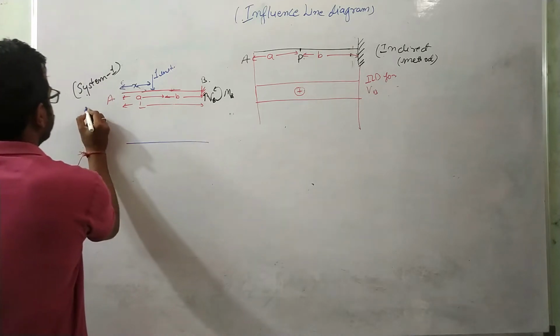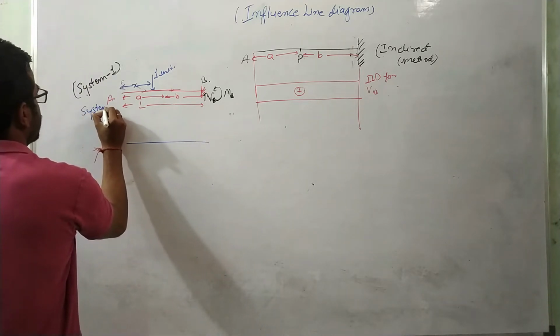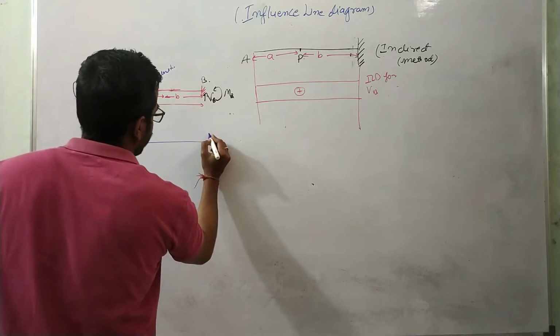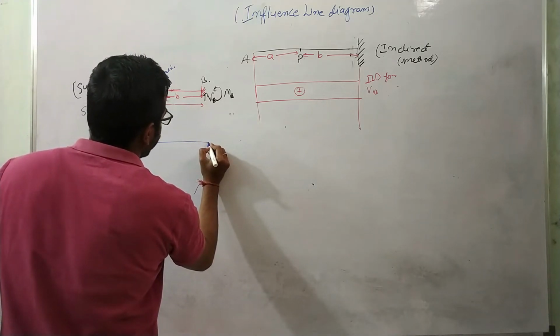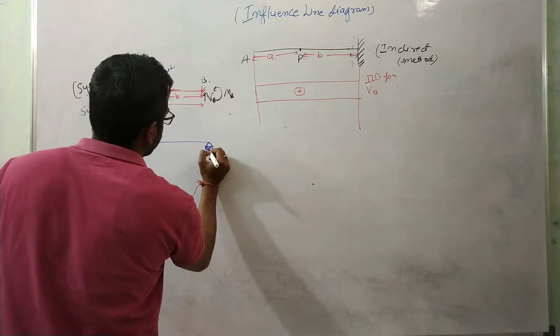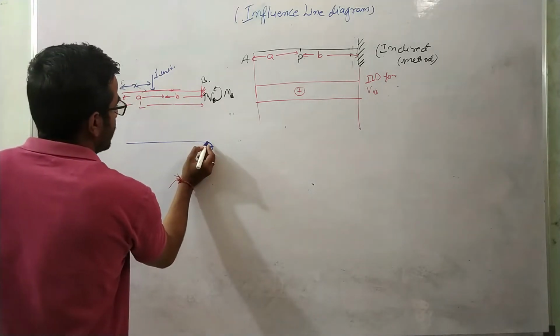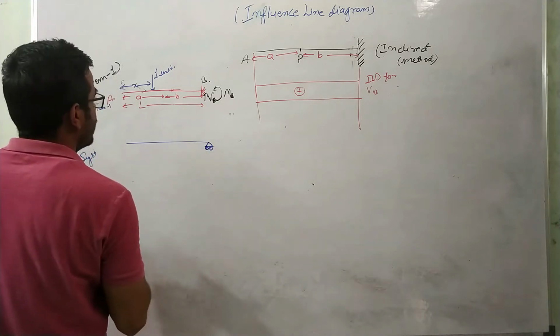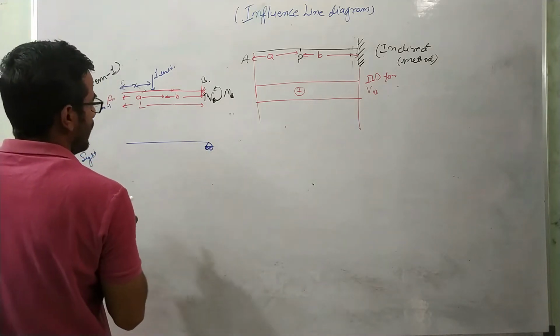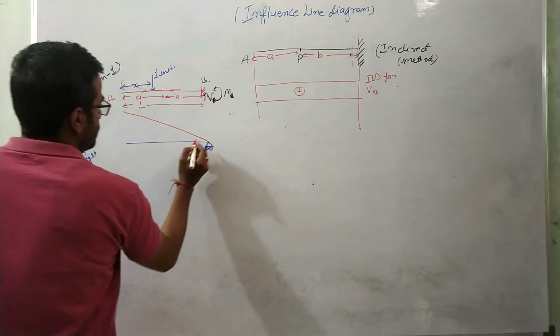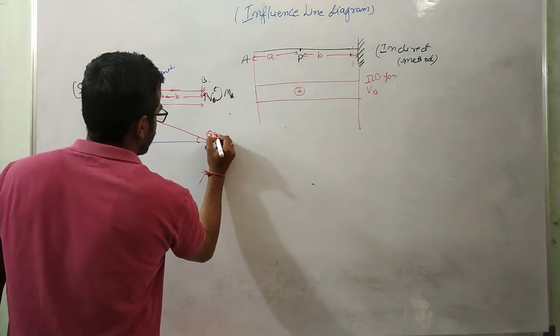let us suppose this is our system 1 and this is our system 2, where we will release the moment over here. Now what I am doing is releasing the moment in system 2 and giving the unit displacement, that is theta, along this theta at this point. So this is our theta equals 1,